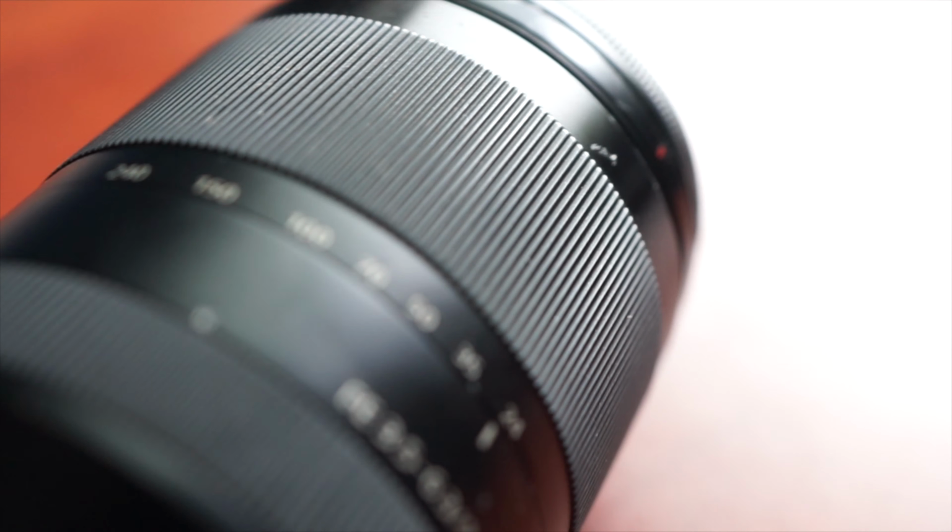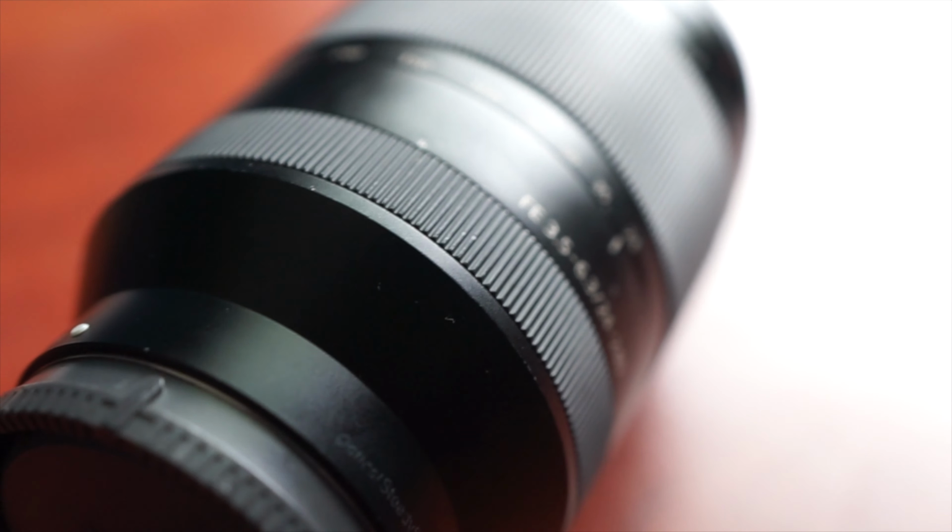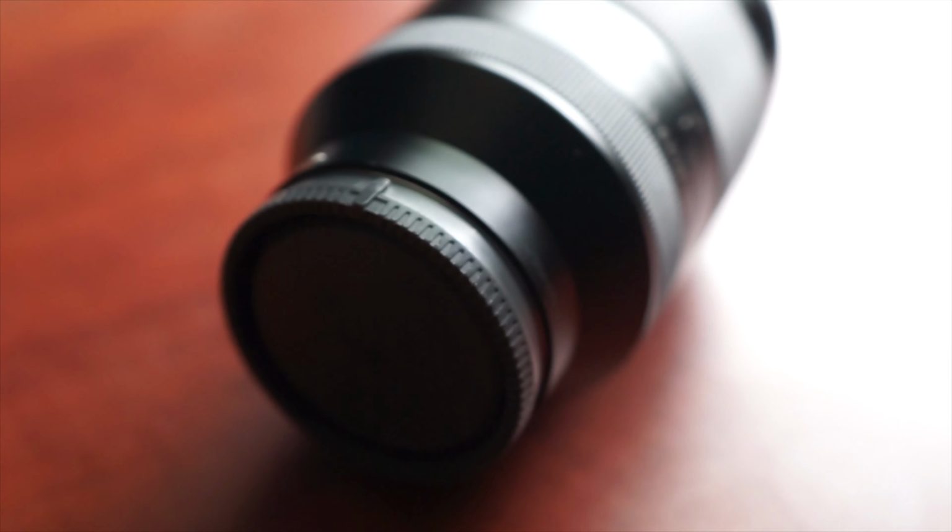Hey guys, so about 5 years ago, Sony came out with this lens, and this is the 24-240 F3.5 to 6.3 OSS lens. This is one of my favorite lenses, and the reason for that is just the fact that